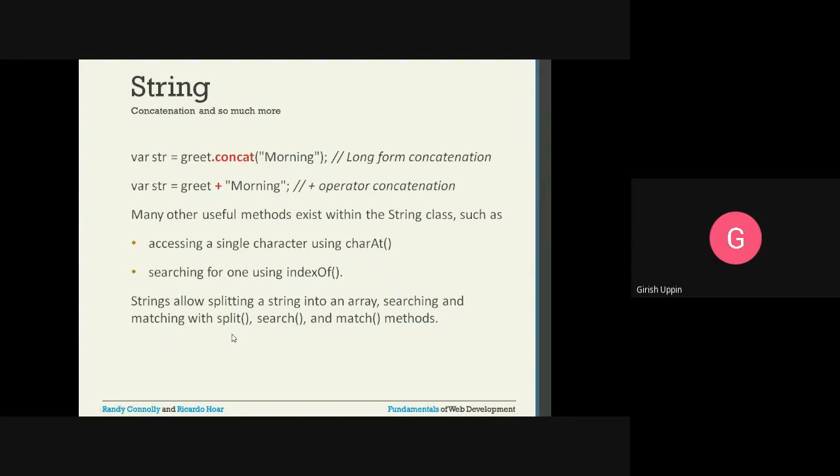How will it split? By whatever value is specified as a parameter. Suppose your string has words separated by spaces, then you can provide split with the character as space, so an array will be created with all the words. If your string has commas and you want to separate by the comma, then you can give comma as the separator character. Searching can be done using the search method, and matching using the match method.